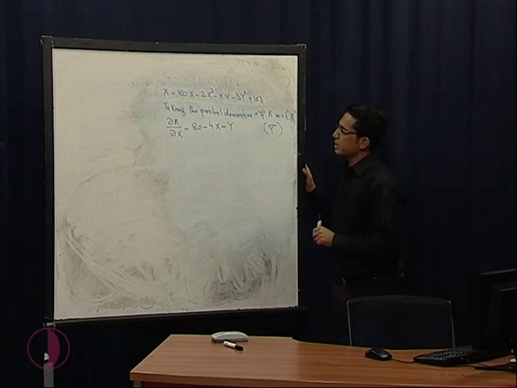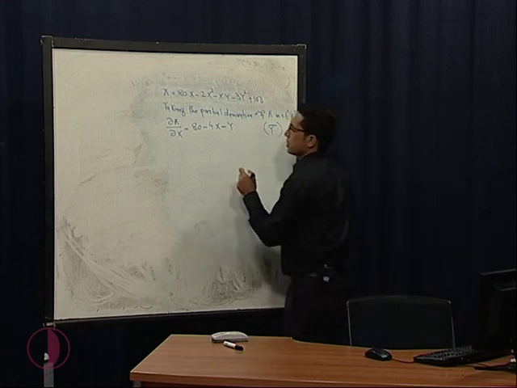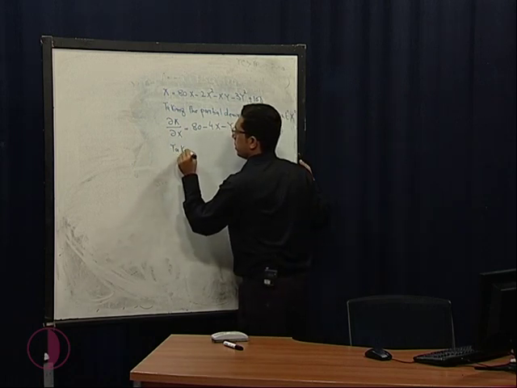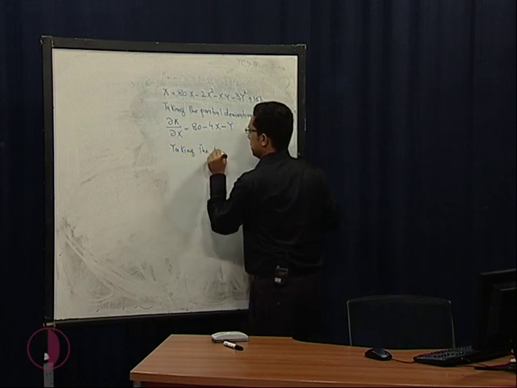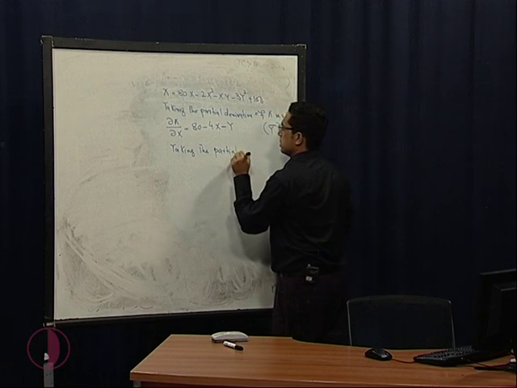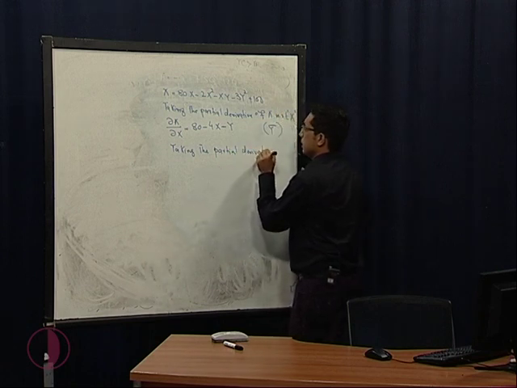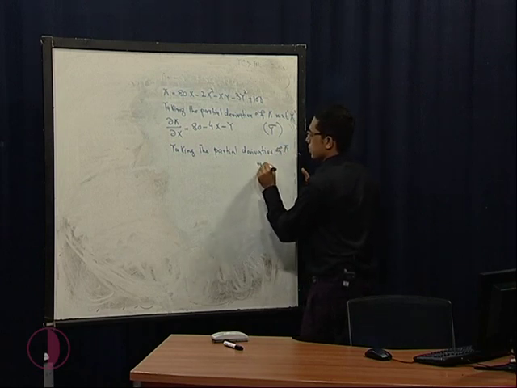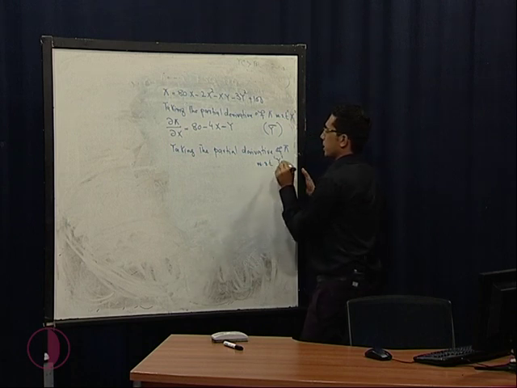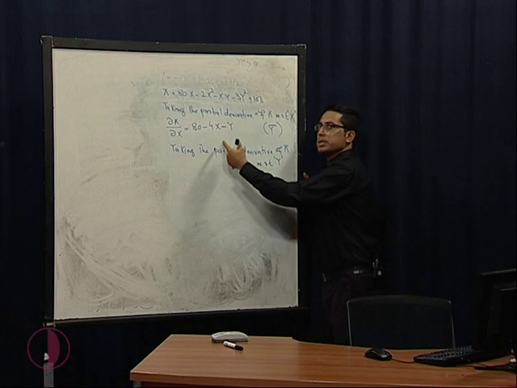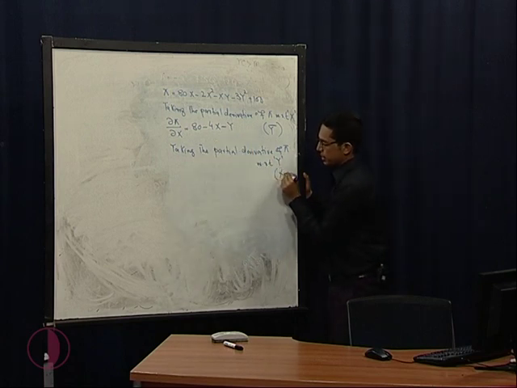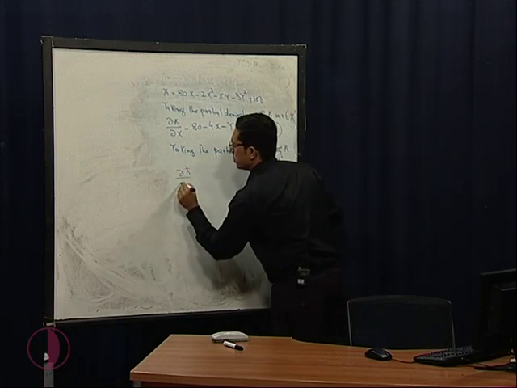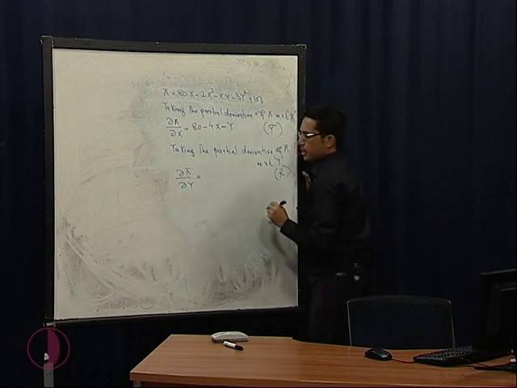Now, I am taking the partial derivative of this profit function with respect to Y. If we are taking the partial derivative of this profit function with respect to Y, it means that X will remain constant. So, change in profit due to change in Y is equal to